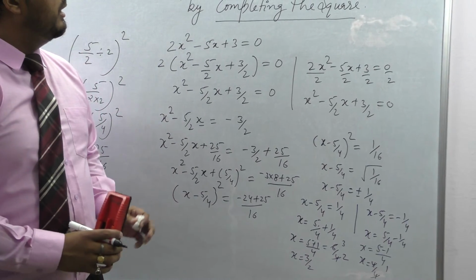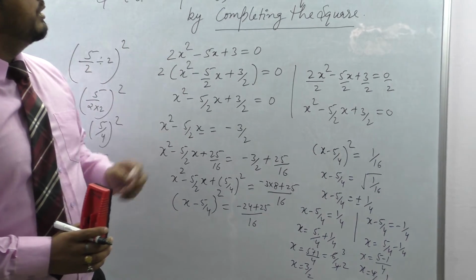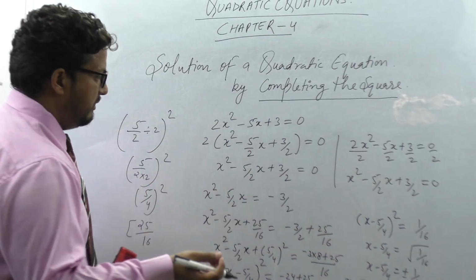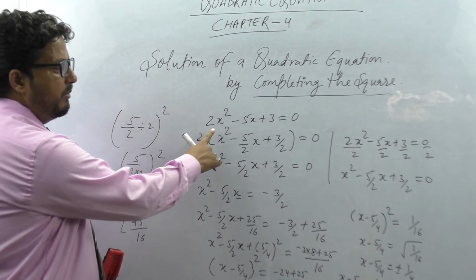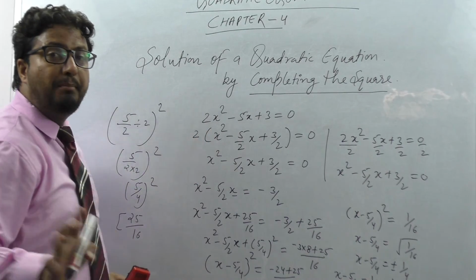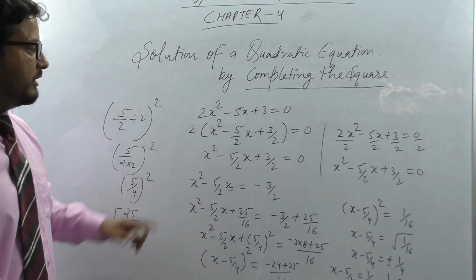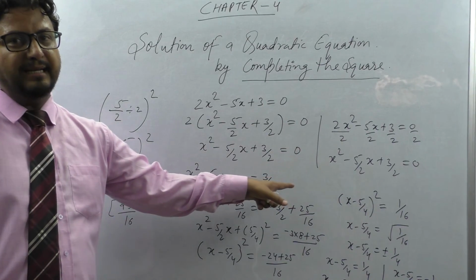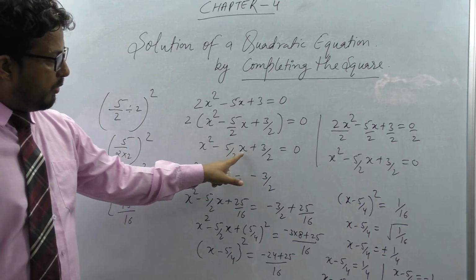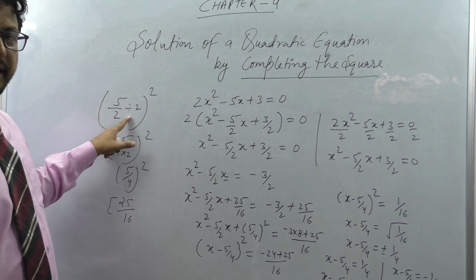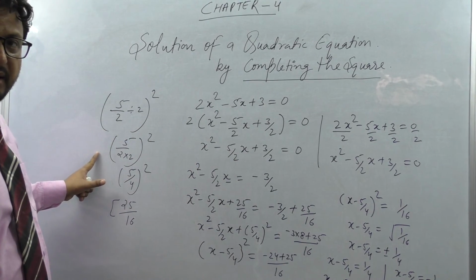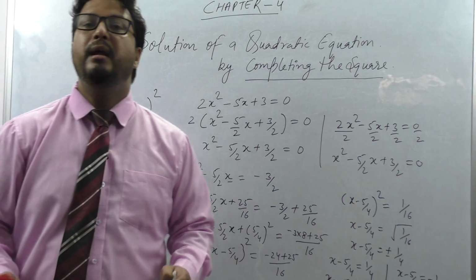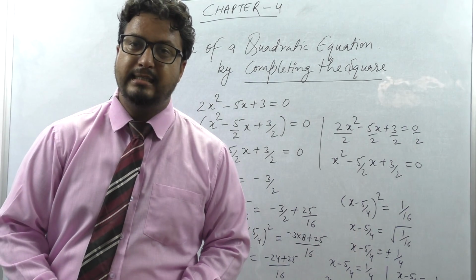So this is your solution of the quadratic equation by the completing the square method. The basic concept quickly I will revise with you. Only one thing to keep in mind: the x square term should be independent of the coefficient. That is the first step. After that, shift the c term to the right hand side, and whatever the coefficient of the x term, divide it by 2 and take the square of it. Whatever value comes, add it to both sides, and after that do the simple calculation. I hope you understand. Thank you.